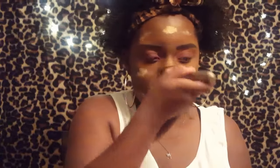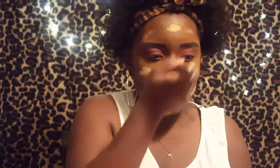So every area that I put concealer on, I'm just going to put this powder on just to seal everything. I just want to make sure everything's sealed, every single thing. And I don't know if I should do that on the contour of my nose, but you know what? Oh well, we're just learning over here. So I'm just going to put powder all over the areas to lock in that sealed concealer under my eyes and my temporal lobe, my nose, my cheeks, my chin, everywhere, just to make sure everything is thoroughly sealed,